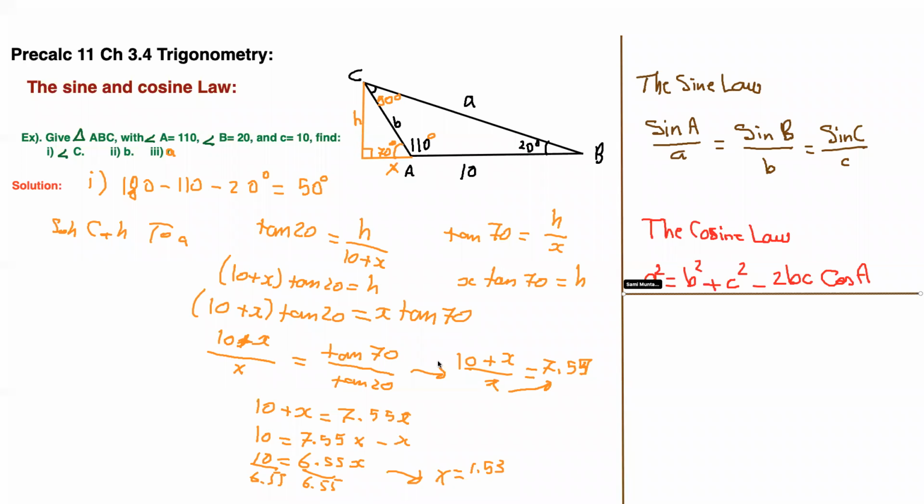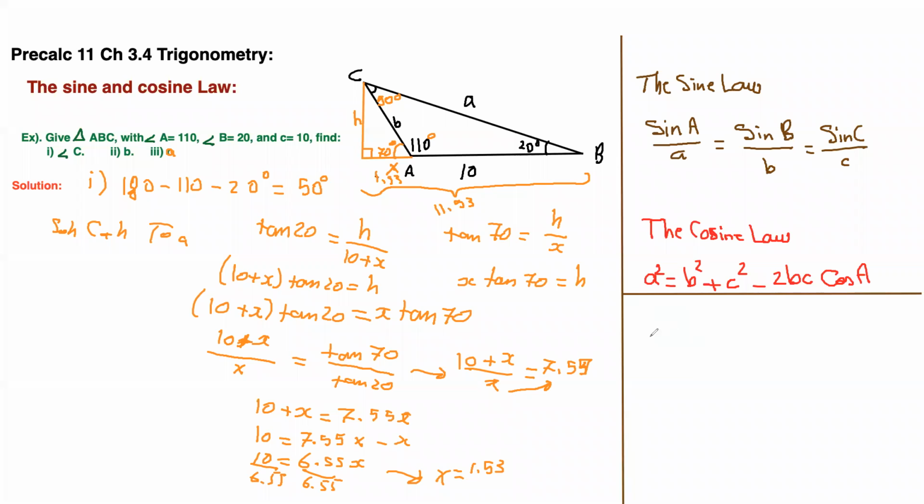And therefore now we know this is 1.53, this part right here. The x is 1.53, which makes all of this 11.53. Now we could solve for A and could solve for B. So if I want to find B, as a matter of fact,